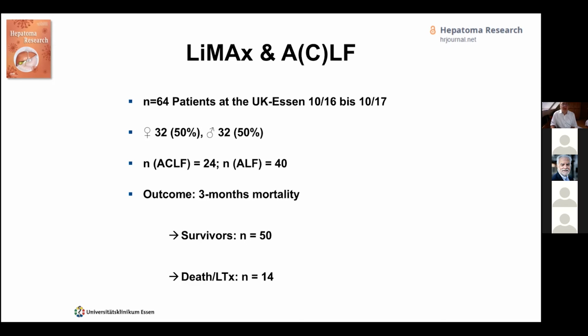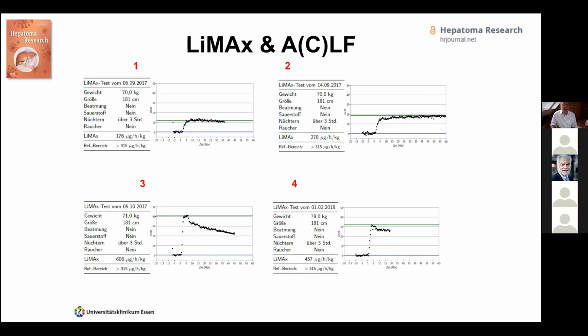And finally, we have also used the assay in patients with acute or chronic liver failure, or with liver failure at all. Here, for example, a patient who came in with an acute liver failure. You see here a very bad LIMAX marker, 176. We have then treated the patient. It was an acute liver failure due to alcohol, and then the LIMAX 1 week later was much going up,